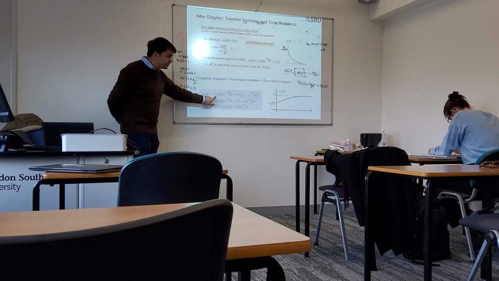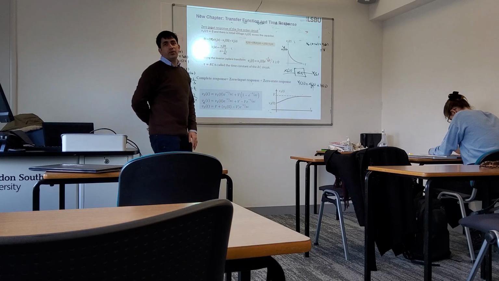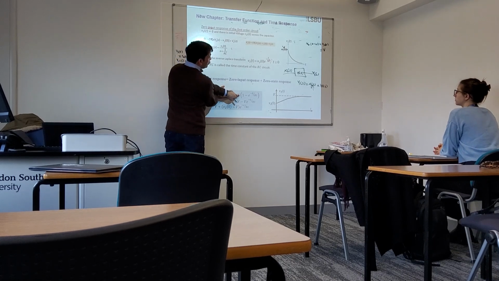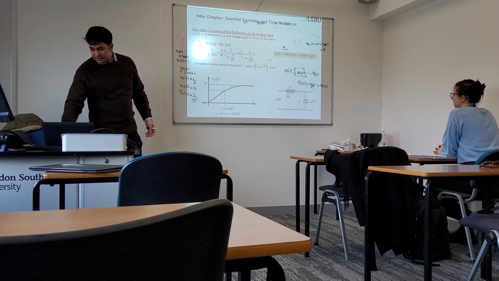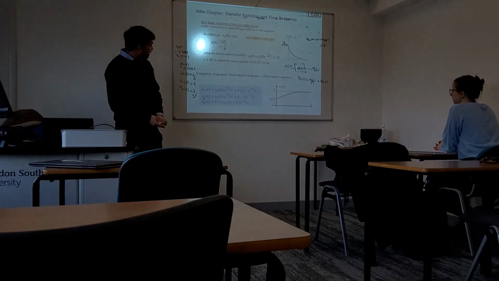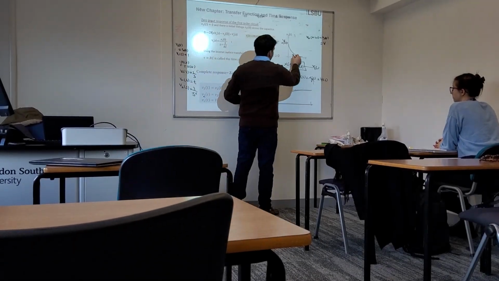If you have initial condition and input, then both terms hold. When there is no initial state, only this part would hold and the graph will look like this one, starting from 0. When there was no input, only initial condition, your graph will start from a certain point